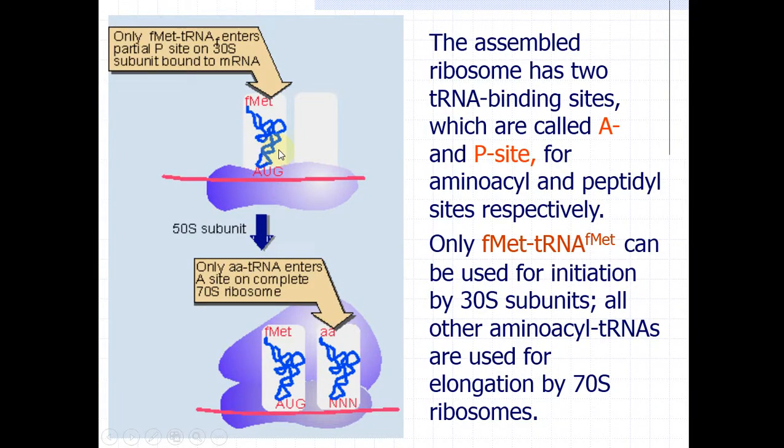See here, in the P site, fMet tRNA enters, and the aminoacyl tRNA, AA tRNA, that is aminoacyl tRNA,